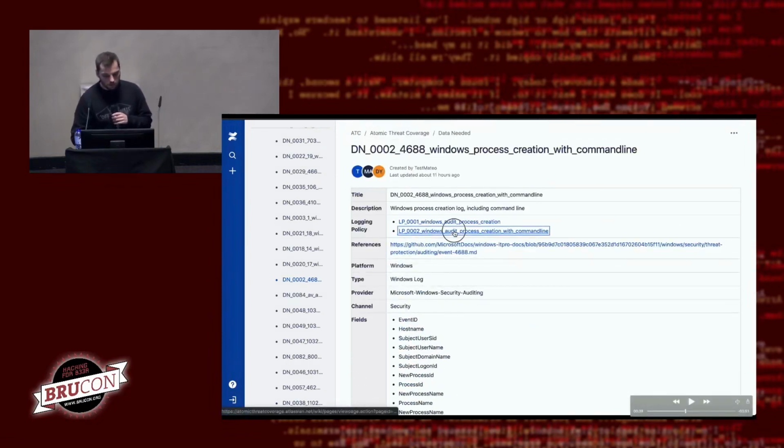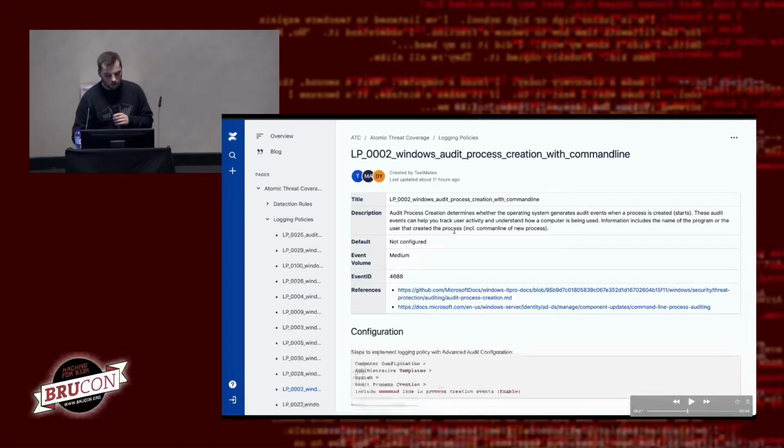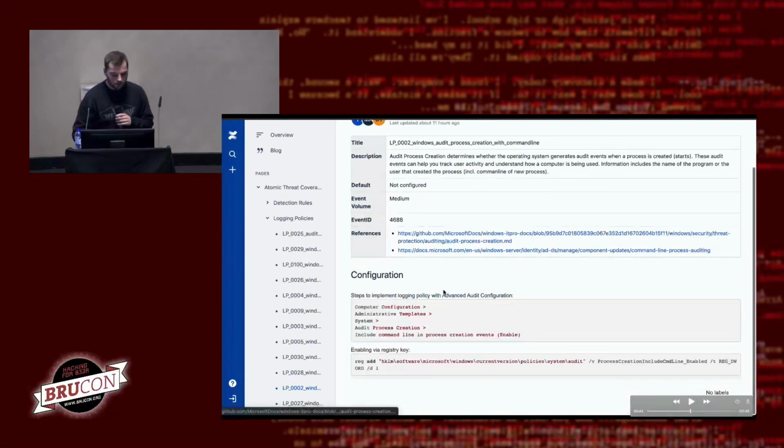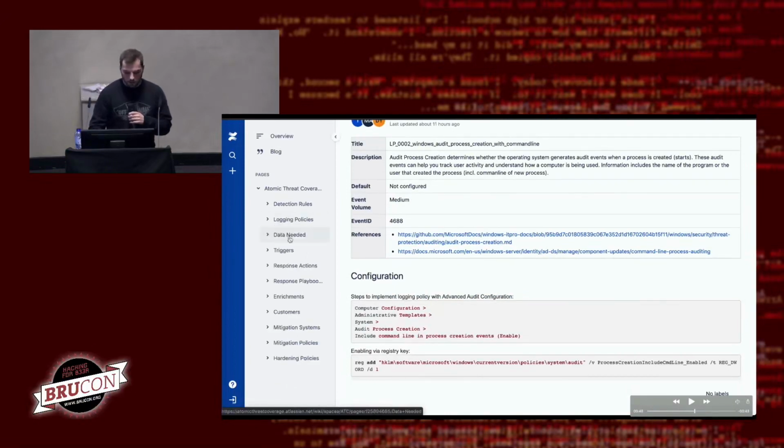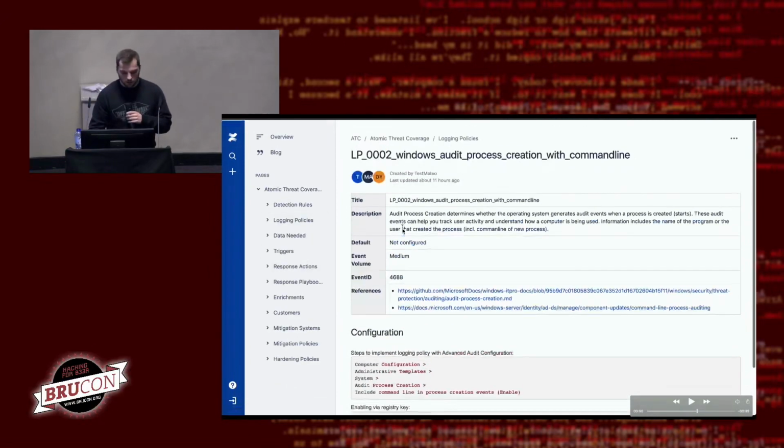And link to the login policy. So with one click, you have the exact configuration, what to do to collect such data. Okay, and let's go back to the